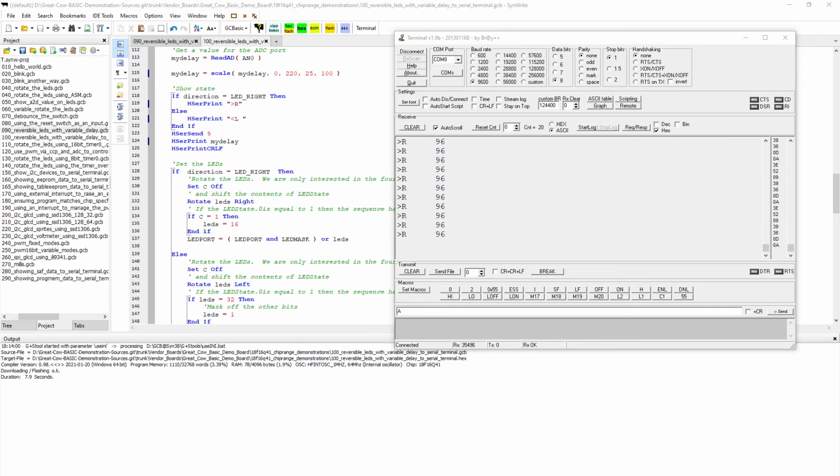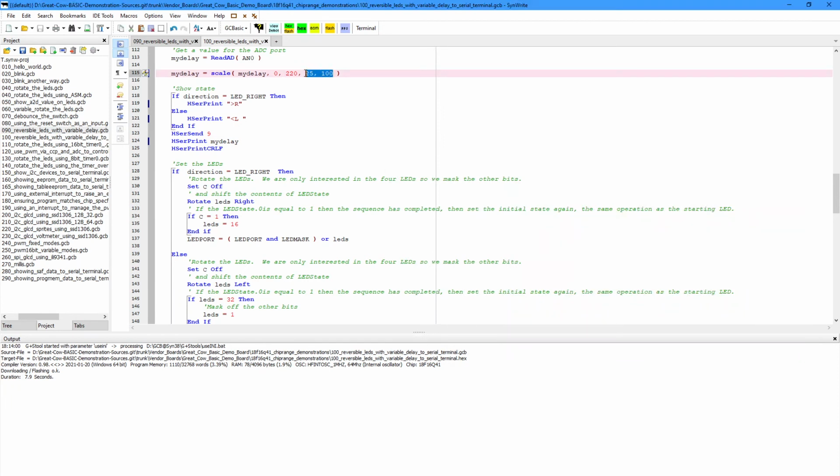At 96 is its one value. The other range is 25. And we could look at the source code, and I think we'll figure out why that is later. Okay. If I push the button, the LEDs change direction, and so does the letter L. It's still a 96. Look at that. I've got a range of 96 to 25, and that's because in the code, remember, we randomly set up some, and that's exactly what the scale is in here. Look, the scale is 25 to 100,